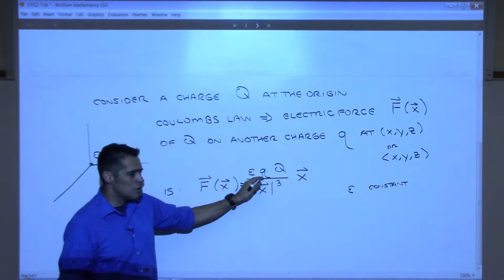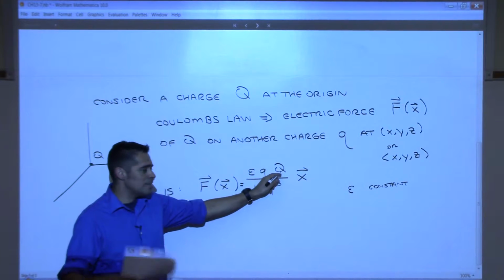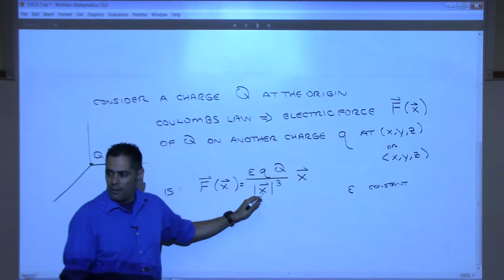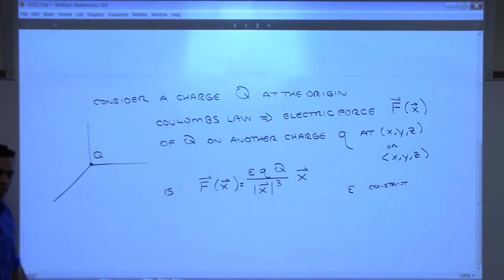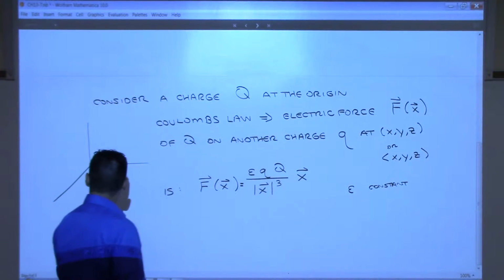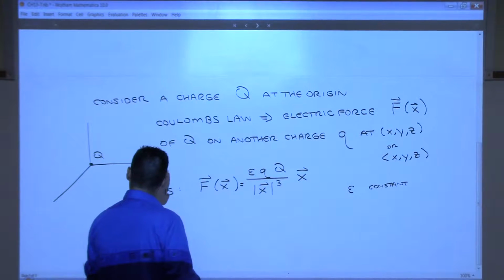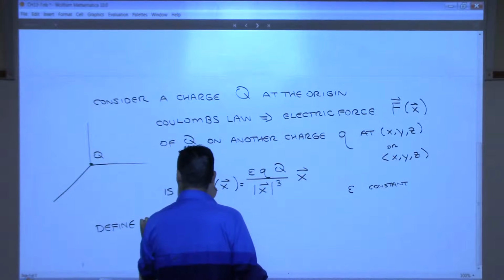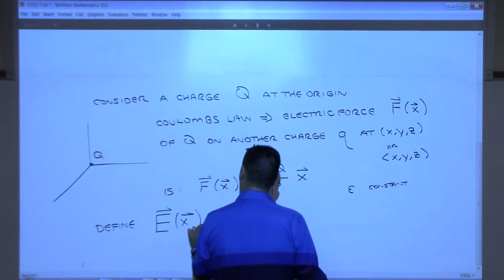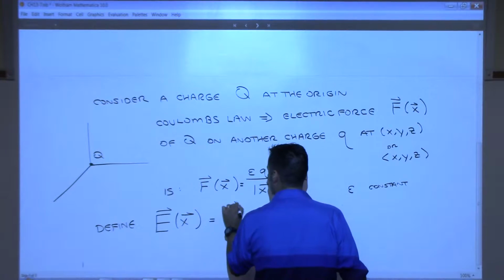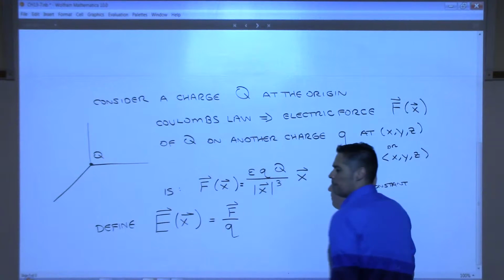Number, Q is a charge. It's going to be a number. Capital Q is a charge. That's a number. This is the magnitude of a vector. That's a number. So this is all a number times a vector. So that's a vector. It's a vector field. If we define a new vector field, capital E of x, to be equal to that field divided by Q,